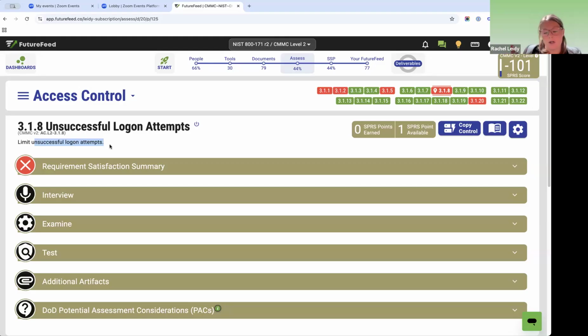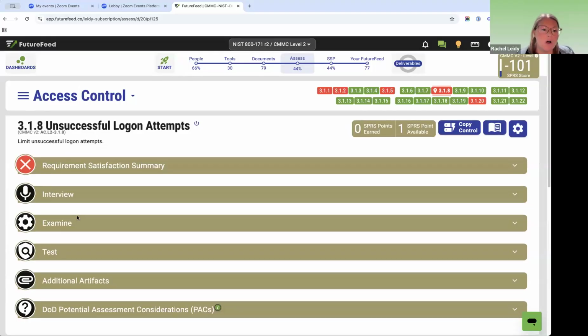And if your company has defined that after the 5th login attempt my account will be locked out, then the assessor is going to put in the wrong password 5 times and expect that on the 6th attempt, you can't attempt a 6th time because your account's locked out. So that's a test. And typically, when an assessor is performing a test, there's some technology involved, and that's why